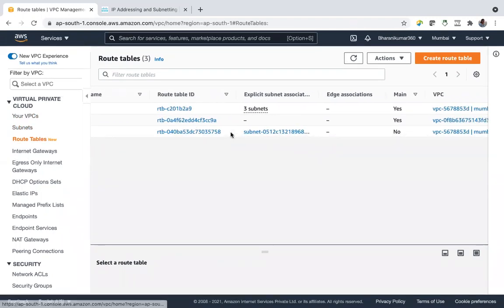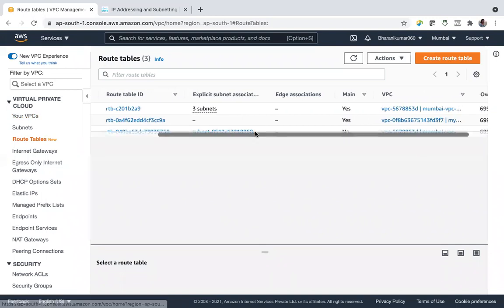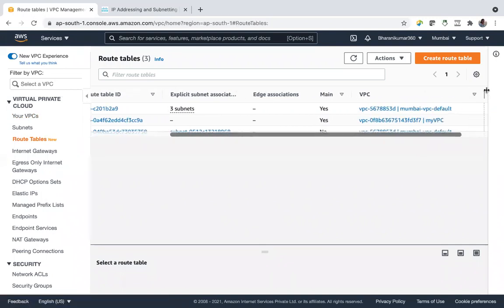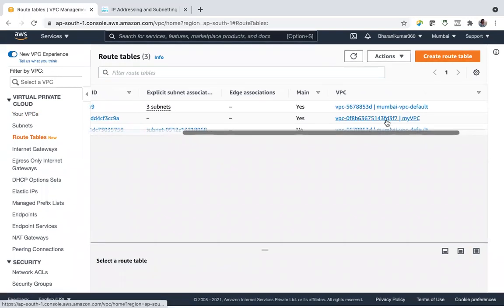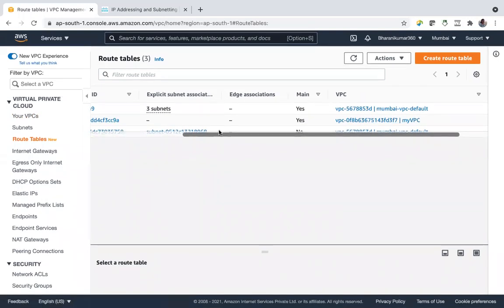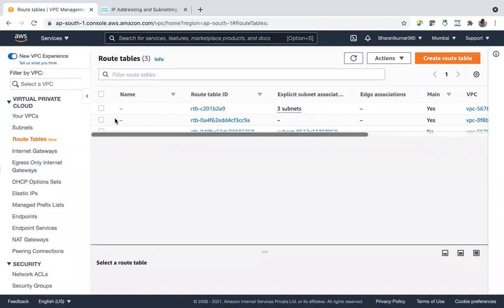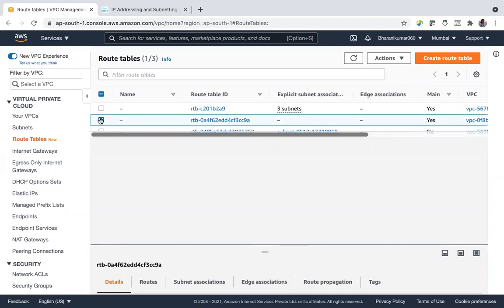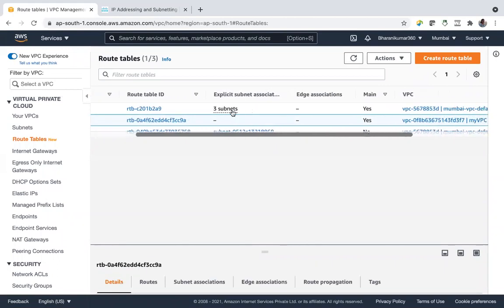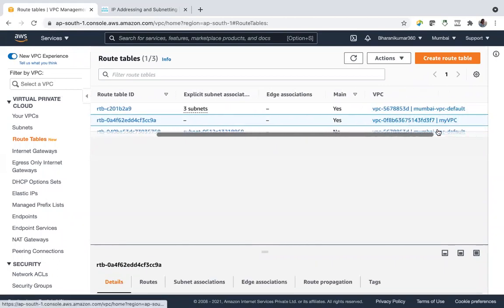Where is our route table? This is my VPC. Here, second one. And this one is Mumbai's VPC.